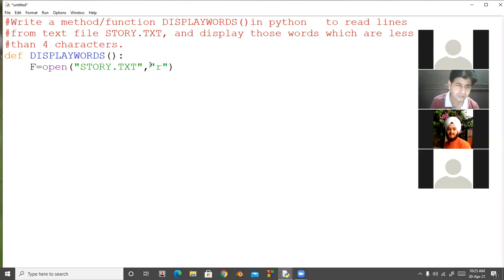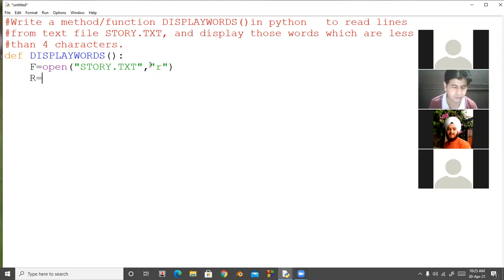Next, now we will read the file, but remember one thing, in this question, the question is to display those words. It means it is word wise. So first we read the file.